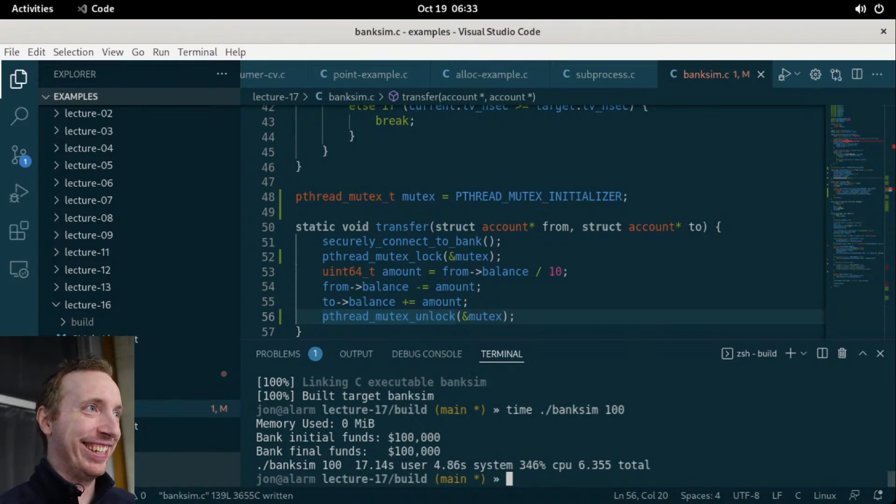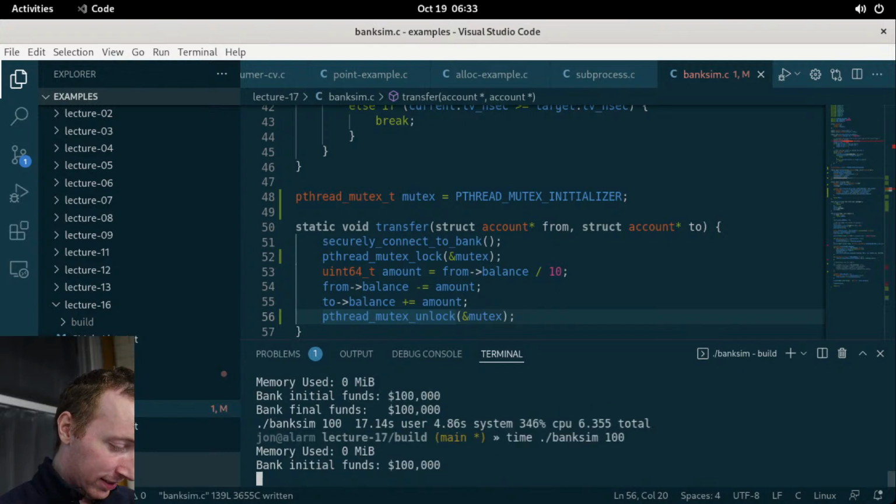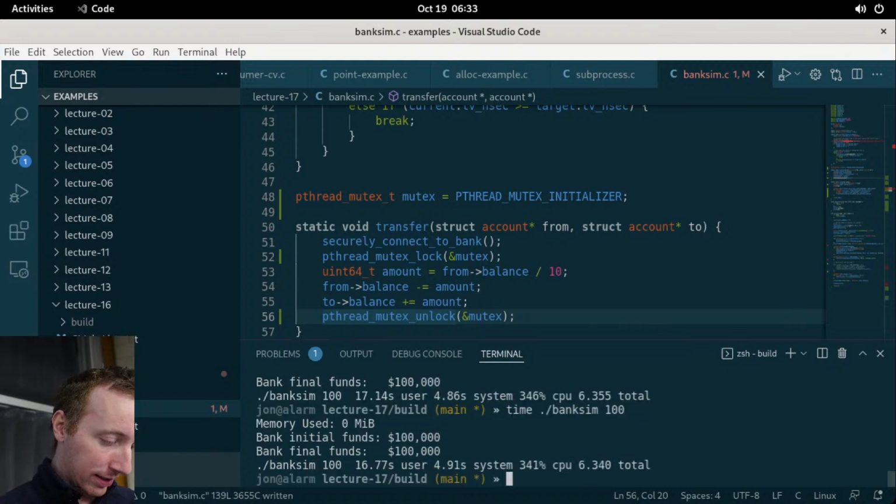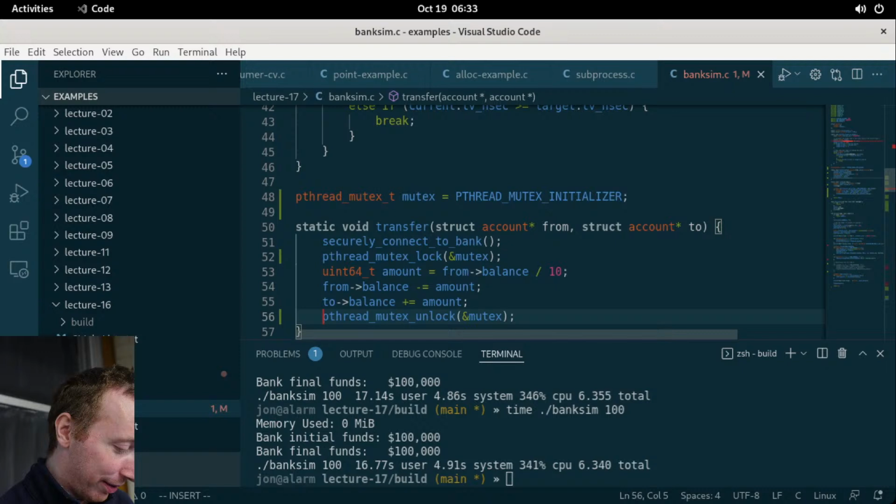Wait, run it again? So we don't have data races. Are we satisfied? No, it's pretty slow now, too. More threads. Okay, well, first, we also didn't demonstrate something else, too,